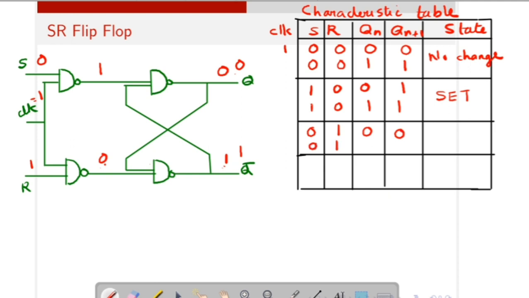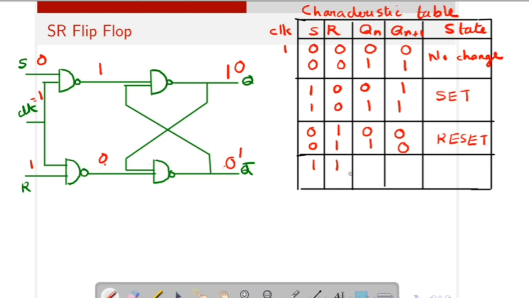Next we take input 0 1, present state is 1. Instead of present state 0, we take present state equal to 1. So Qn bar is 0. Here it is the same because the inputs are the same, 0 1. For the first two NAND gates, output is 1 0 itself. Here one of the inputs is equal to 0, so output is equal to 1. Then 1 1, here it is 0. So here also output is equal to 0. That means it is reset state. When S is equal to 0 and R is equal to 1, it is reset state.